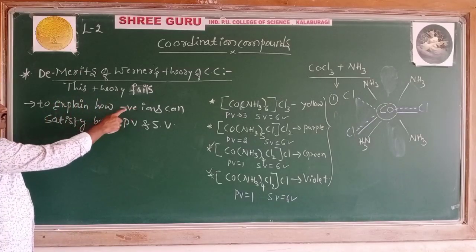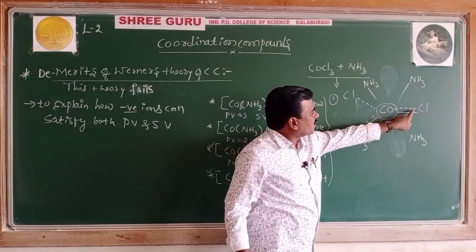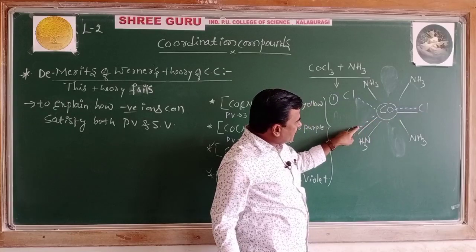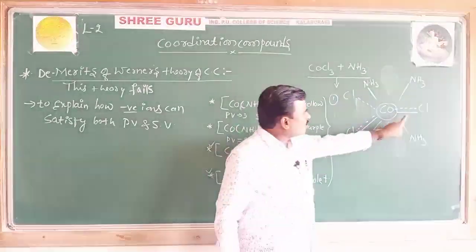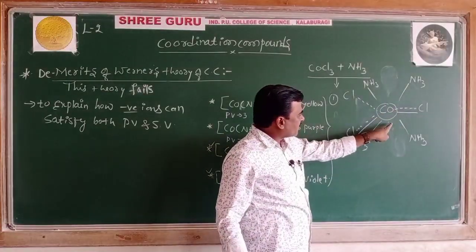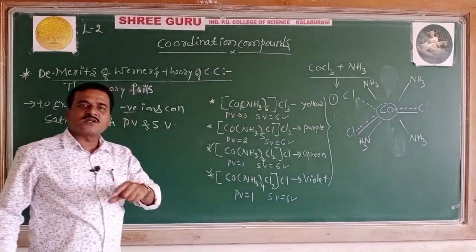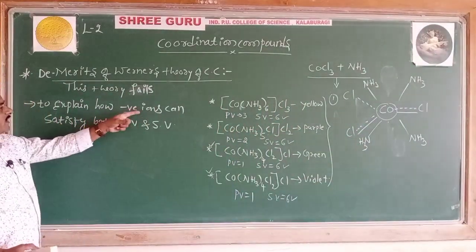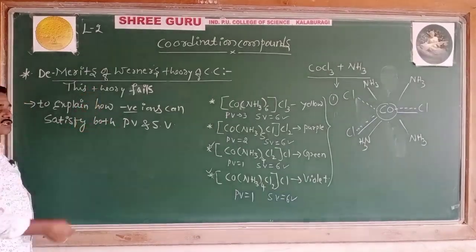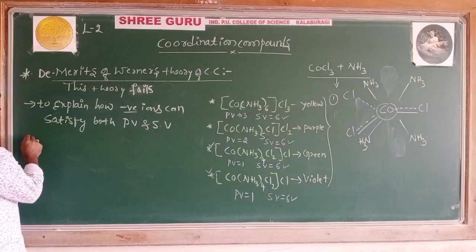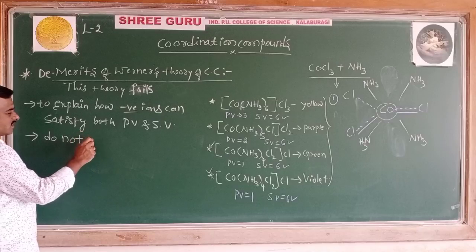He fails to explain how a negative ion, you can see the negative charge of the chloride ion written in the complex, was satisfying both primary, shown by dotted line, and secondary, solid. The 2 chloride ions in the complex mentioned were satisfying both primary as well as secondary valencies. How a negative ion can satisfy both primary and secondary valency was not explained by Werner. Then the second was, it does not give any electronic interpretation